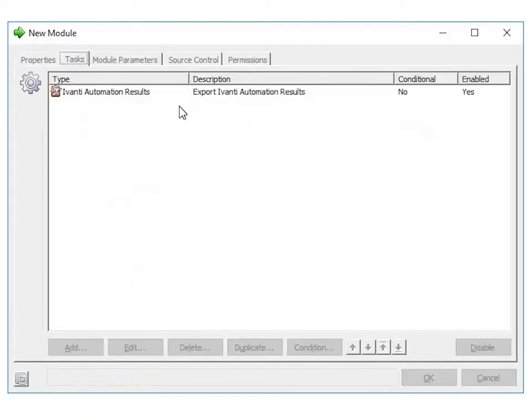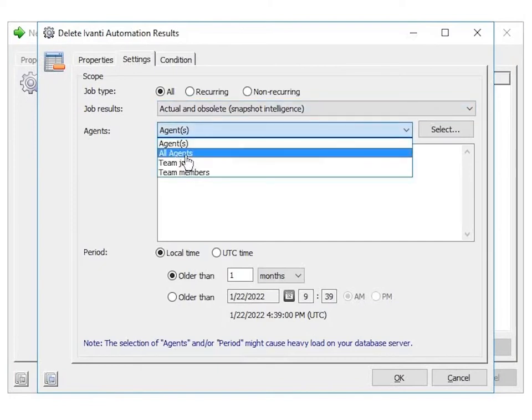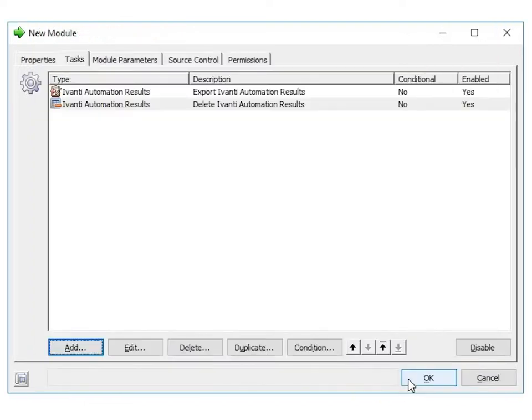delete, and here we will absolutely do the same. All agents older than 1 week, and because we are not storing any data you will not see the location where we have to store. This will only clean up the table in the database. Click OK. So now we have 2 jobs,